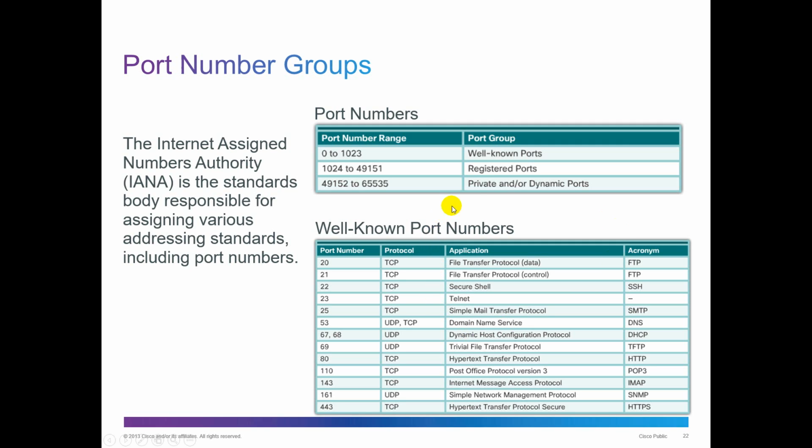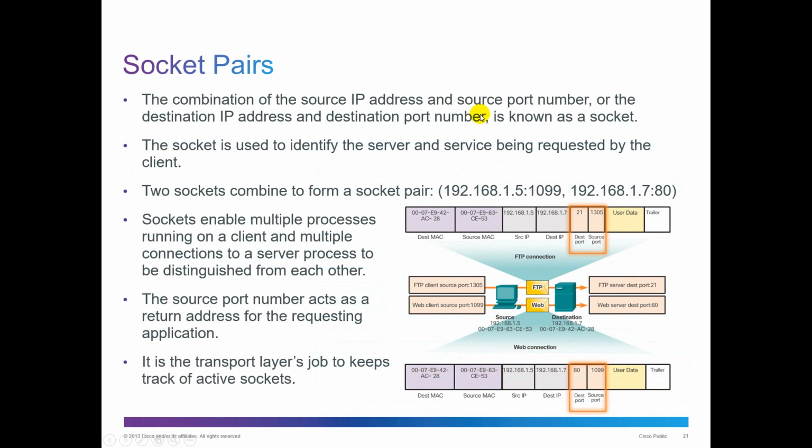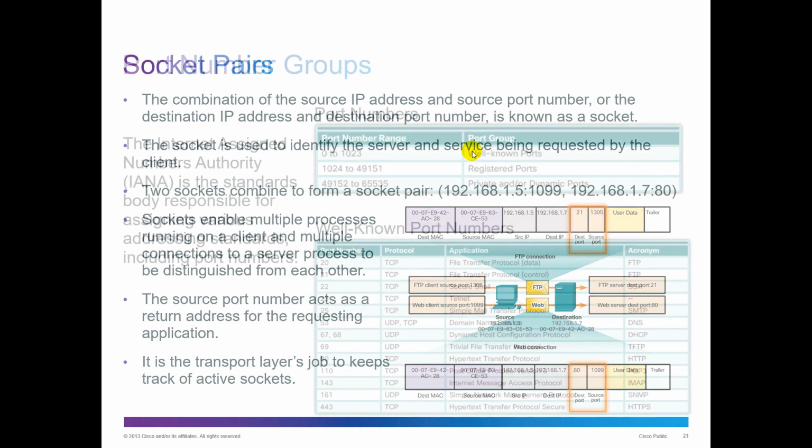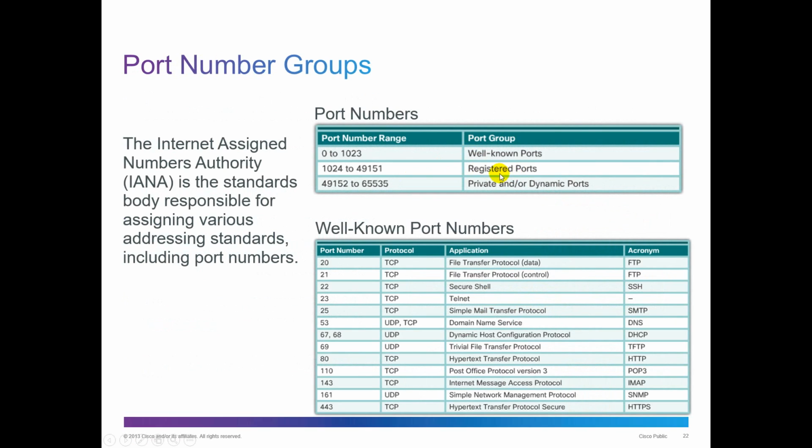Registered ports would be ports that your computer can randomly generate to receive data on as they establish a connection to one of those well-known port numbers. Okay, you may have noticed that basically these ports that were assigned here, 1099, we've got 1305, that falls in this registered ports